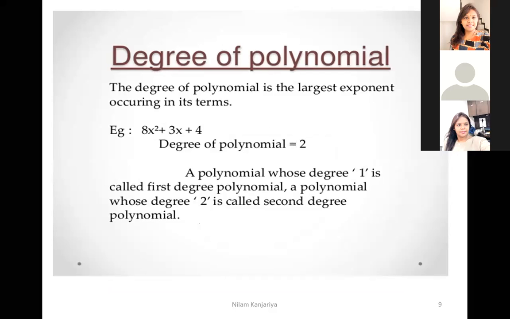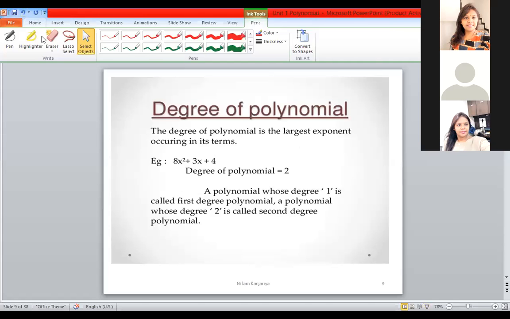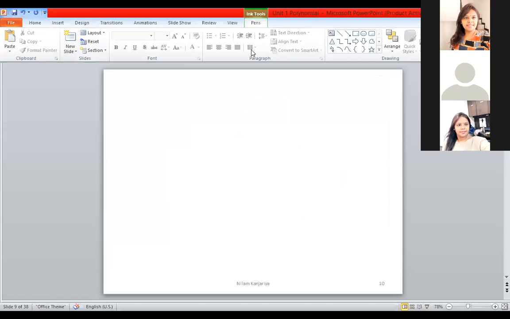In a 1 mark MCQ, you are given some polynomial expression and asked what is the degree of the polynomial. You just write the highest power of the given variable. So I gave you the first definition, a polynomial, and the second, the definition of the degree of a polynomial. Degree of polynomial means the highest power of the given polynomial. Let's take some more examples to understand the degree of a polynomial.